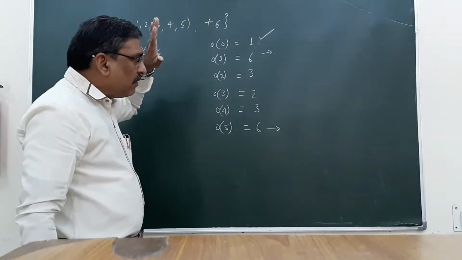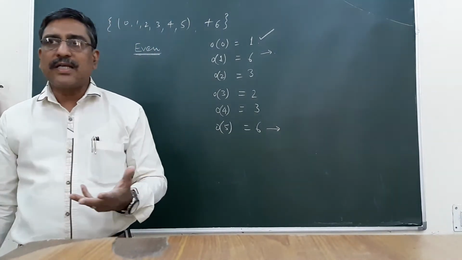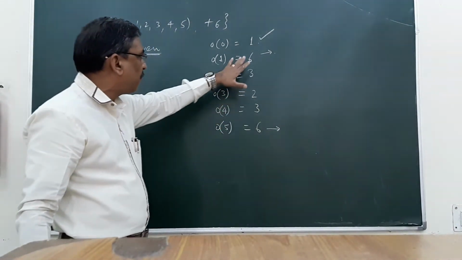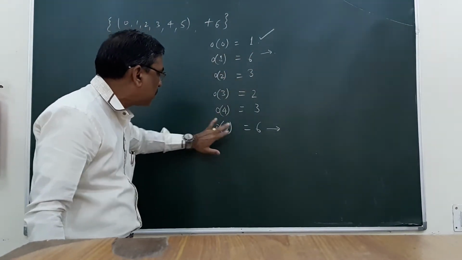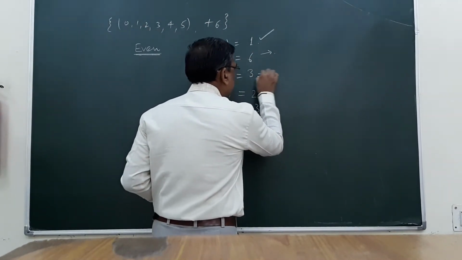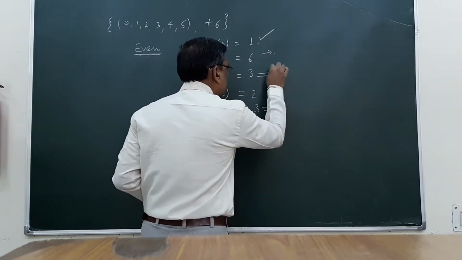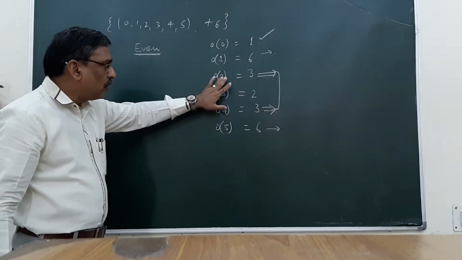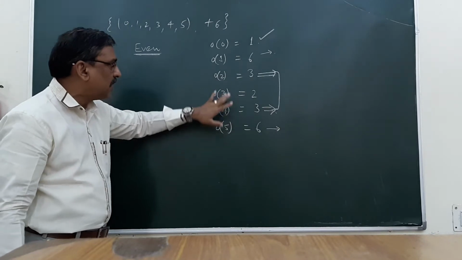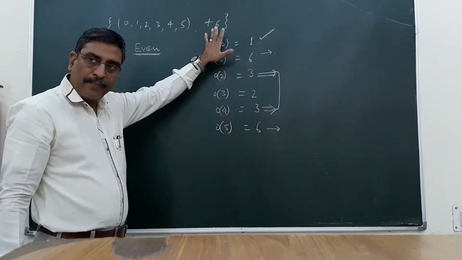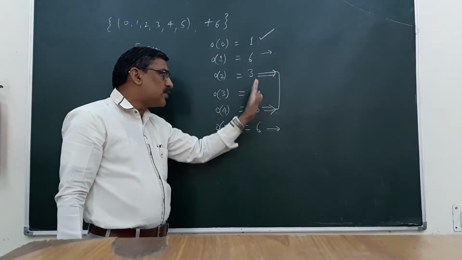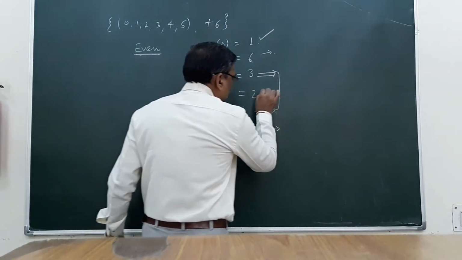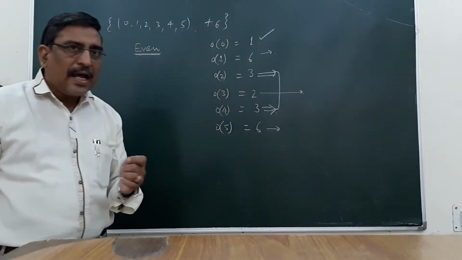So, since we have the theorem that inverse elements have the same order, this element is inverse of this one, and this element is inverse of this one, and they are mutually inverse to each other. So 2 is the inverse of 4 and 4 is the inverse of 2 in this group. So we can find the inverse of an element from here also. And the last one, this is a single element.